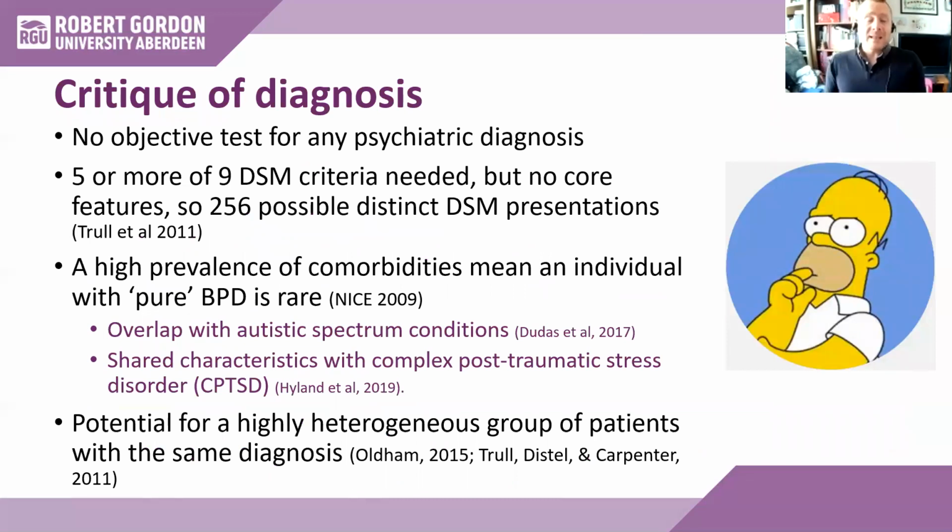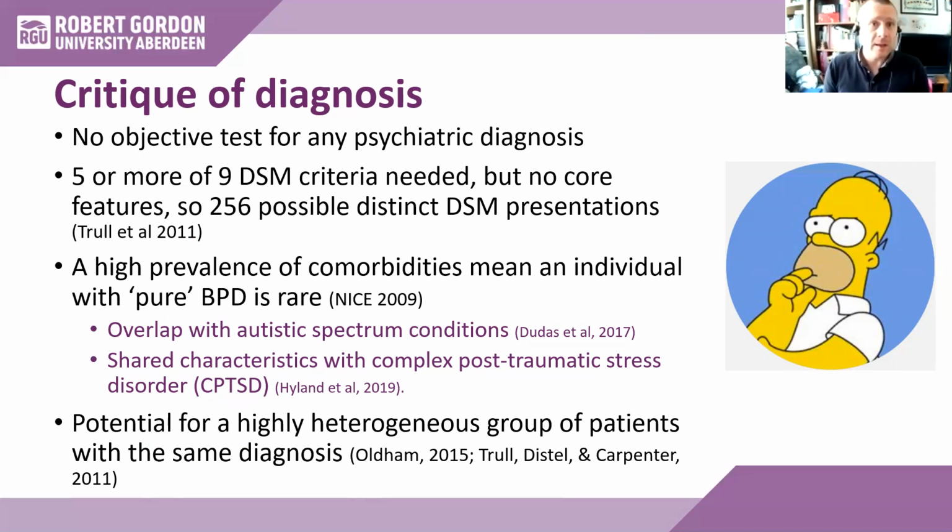Now, to critique diagnosis, and you can critique any psychiatric diagnosis in this way, there's no objective test for psychiatric diagnoses, in the same way as physical health has blood tests, objective, measurable things. Mental health is often diagnosed through subjective judgments, through a psychiatrist or mental health professional that looks at a set of behaviors, categorizes these into symptoms, maps these symptoms into disorders and says, right, you've got this thing, okay? But there's no objective test for it,